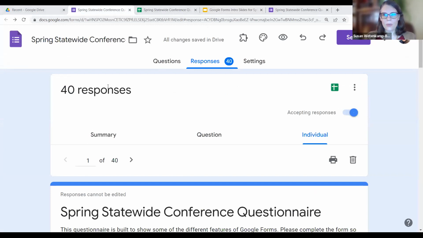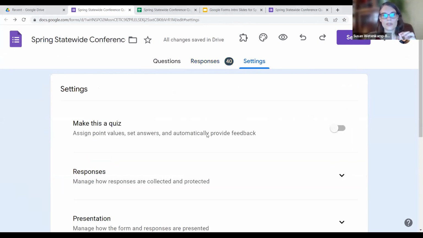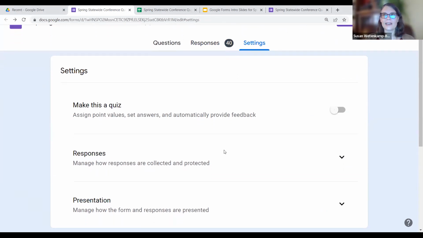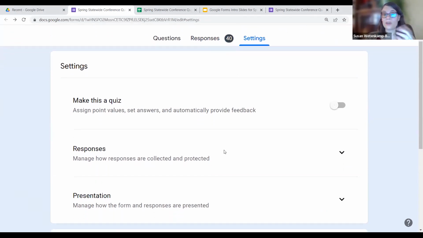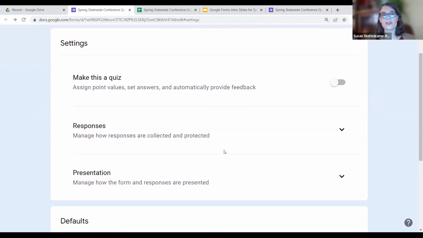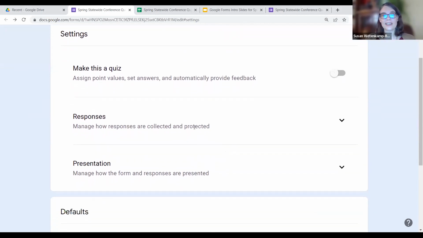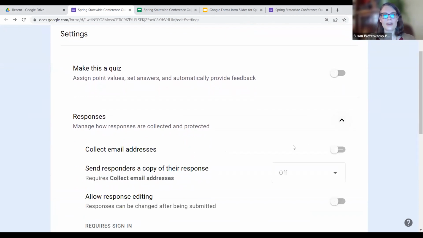One of the things that I find really helpful is getting an email notification when somebody completes my form, because I often have them up for long periods of time and I'm not checking them every day. That is a basic setting in Google Forms now. It didn't used to be, but it's not quite as sophisticated as the plugin that I use. So I'm going to show you both. If you go into the settings for your form and you open this responses section up,